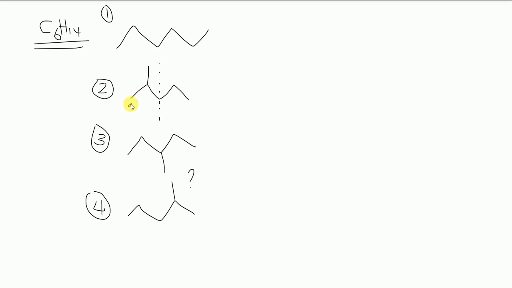So if I was to label all the unique environments, this would be A, this would be B, this would be C, this would be B again, this would be A. Okay, just for those of you who are having trouble with finding the unique environments. All right. So I'm going to delete that one and move on to the next one. So I've drawn all the unique environments, added all the positions I could for a 5 carbon one, and then